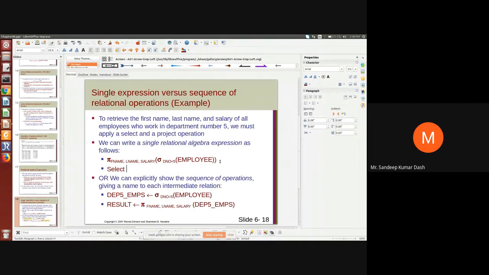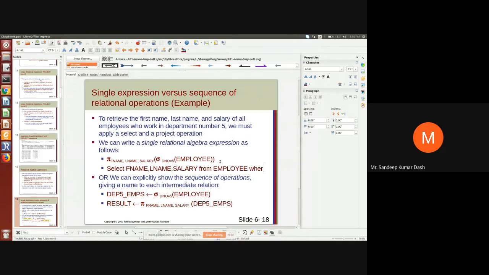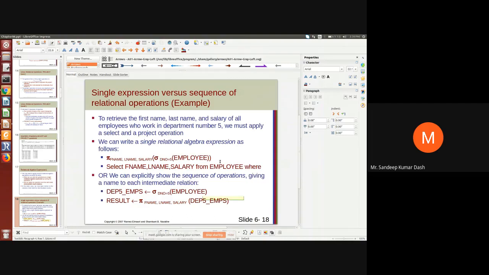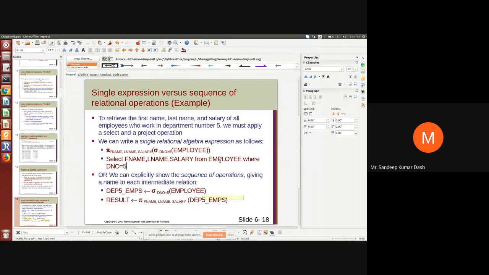Select F name, L name, salary from employee where department number equals to 5.